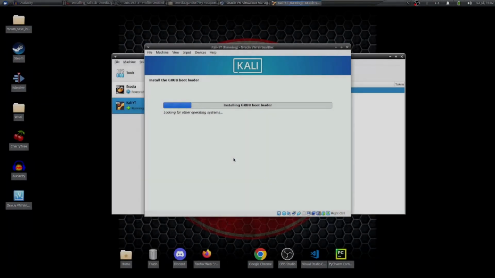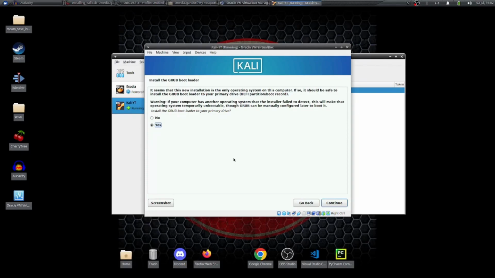Alrighty, and we are back. Finally got all of that done. We're moving to installing the GRUB bootloader. Alright, this is for installing the GRUB. You want to install it on your primary drive? Yes,